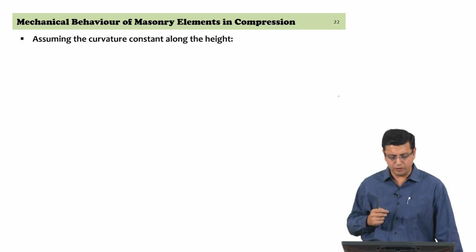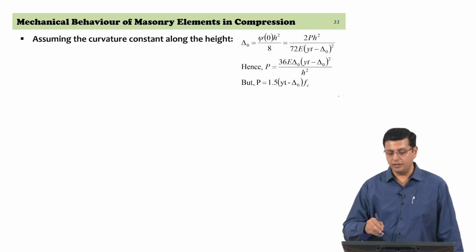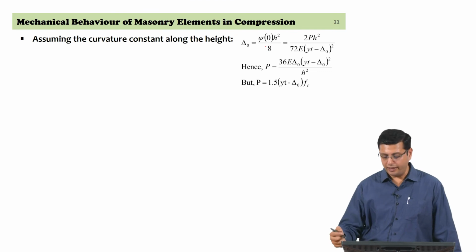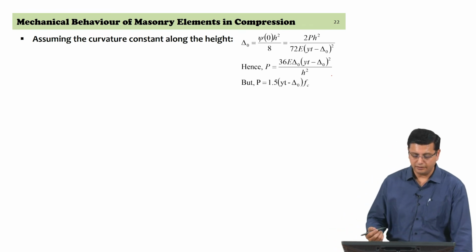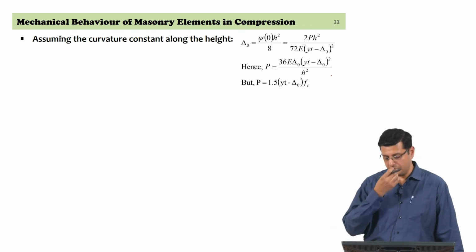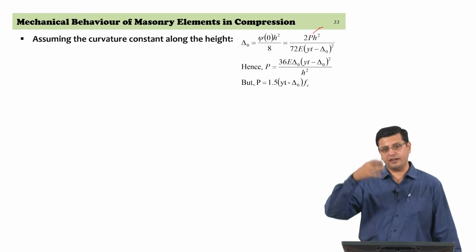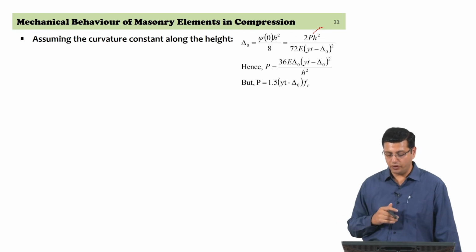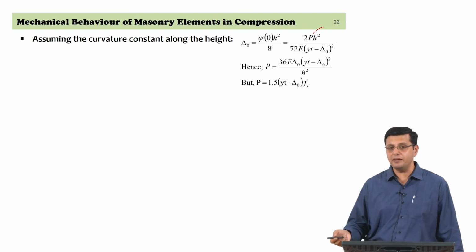So, if we were to assume the curvature along the height being constant, then the double integration becomes simpler. You get from the expression for the curvature at any section, plug in the values, solve it, and you get an expression in P. So, with this simplification you are able to pull out an expression in P. You need a load displacement relationship finally to be able to draw the effect of eccentricity of the load itself. So, simplifying this expression by assumption of the curvature being constant along the height, you get an expression in P,